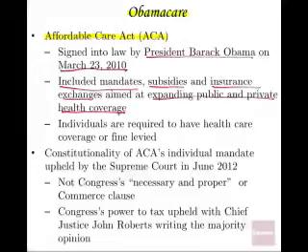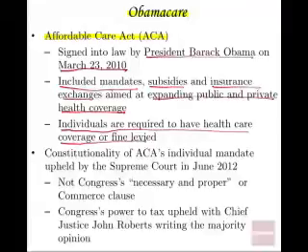and a lot of the more unpopular provisions were slowly rolled out, including the individual mandate that basically requires individuals to sign up for health insurance or pay a penalty. And so that was rolled out here. Individuals are required to have health care coverage or a fine is levied. Now, there are exceptions if you don't meet certain income requirements, and there are subsidies in place if you aren't able to afford it. But the deadline was March 31st of 2014,